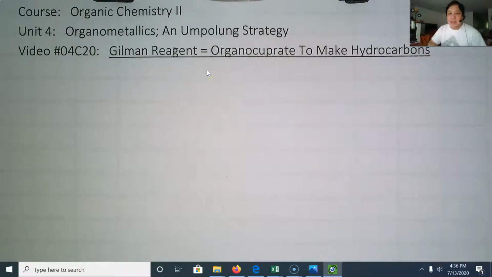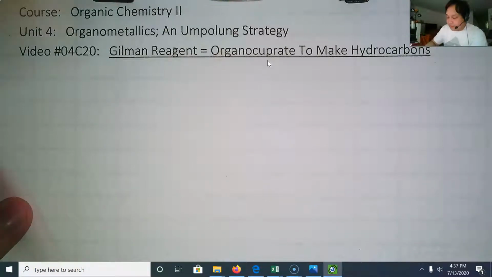And the GILMAN reagent has a little bit of an odd form. Another name that you could have for the GILMAN reagent is an organocuprate, so it's going to have copper in it. And the form of a GILMAN, from now on I'll just call it the GILMAN, is a little bit unusual,